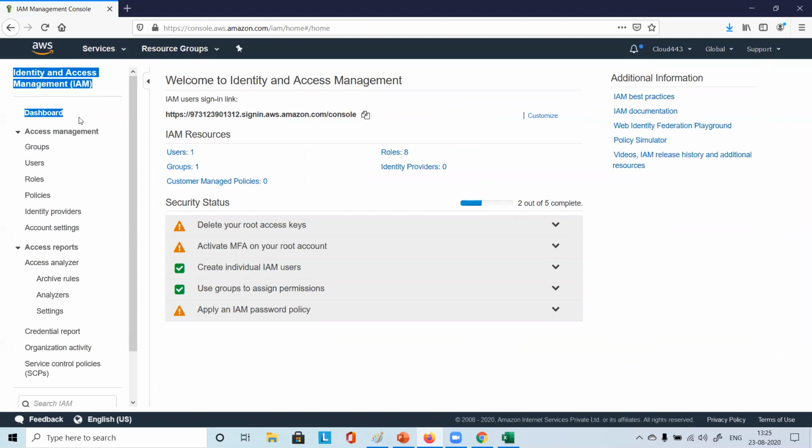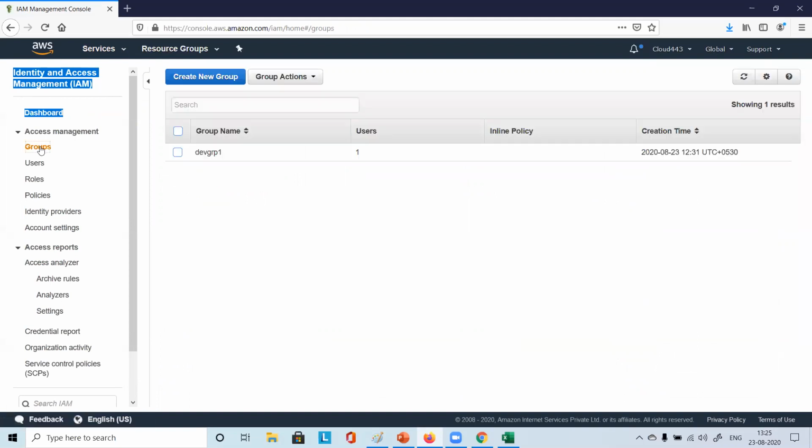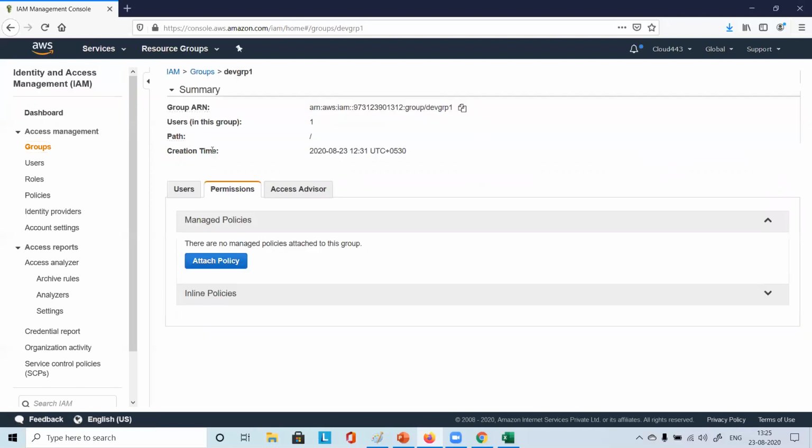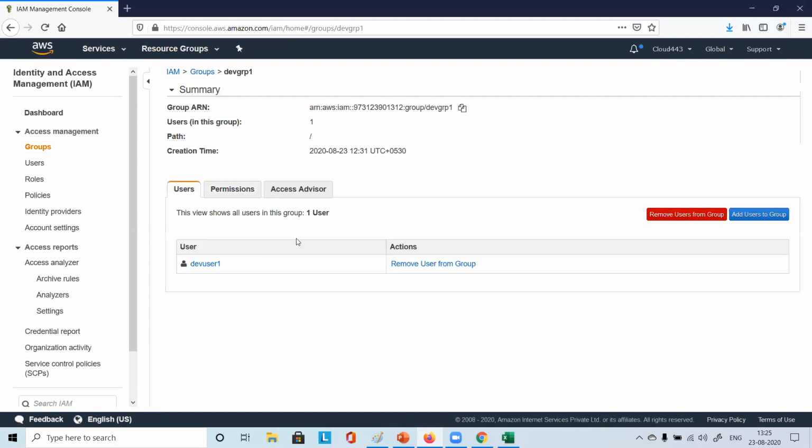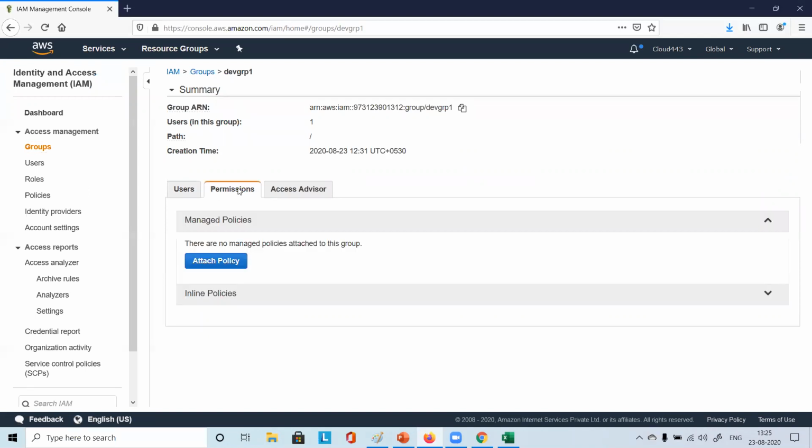On the IAM dashboard, you have the option for access management. You click on groups. Once you click on groups, do you see one group created already? Yeah. Okay. Click on that group. Then you'll reach this page where you have the option for permissions.